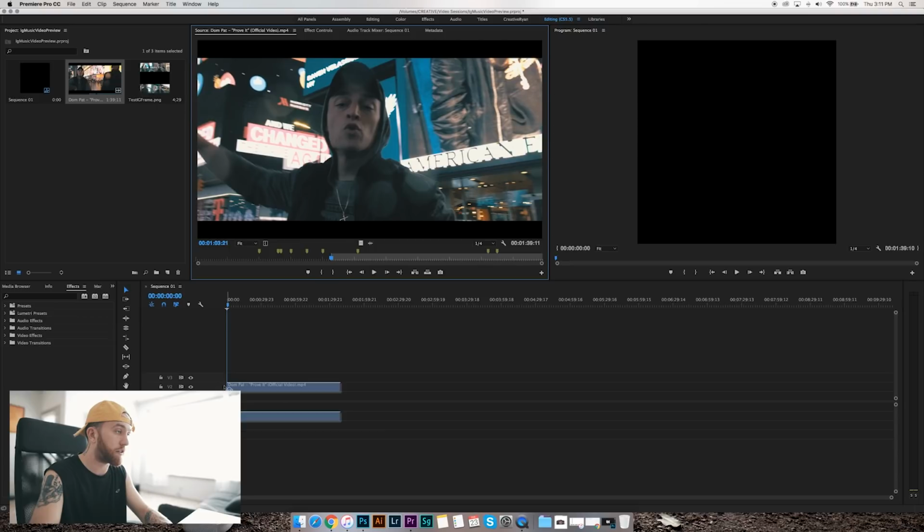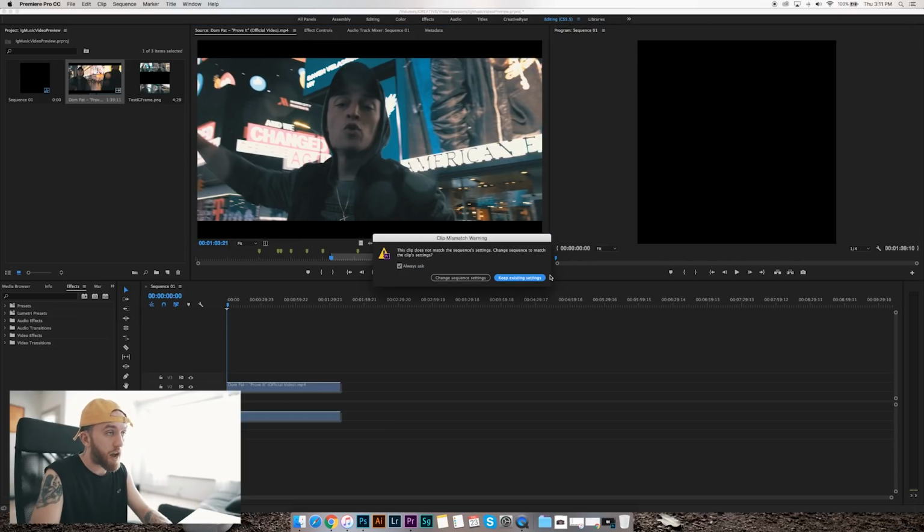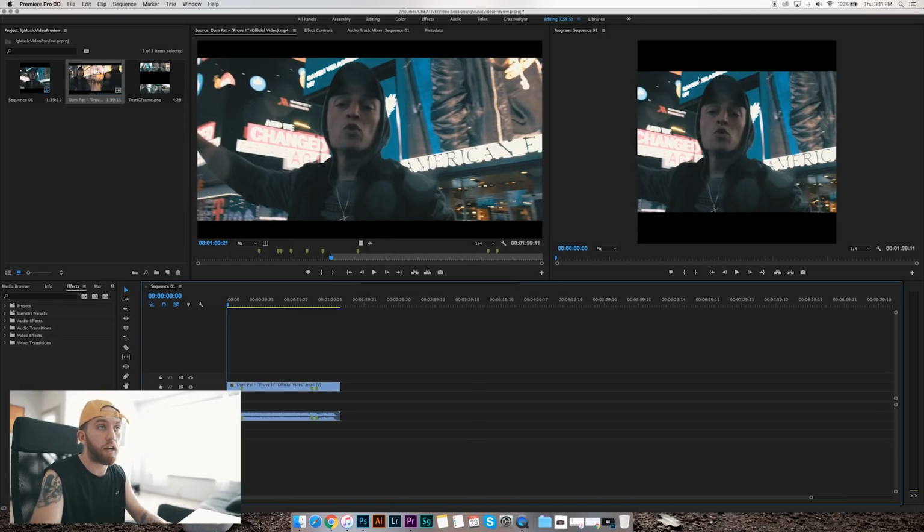I usually drag it to the second clip. Now it's going to ask me, do I want to keep the same settings that I set my sequence for, or do I want to change it to what I just dragged in? You don't want to change it to what you just dragged in, because that's either a 1080, a 4K, or whatever file. You want to say keep existing settings, so it keeps that IG square as the final project sequence